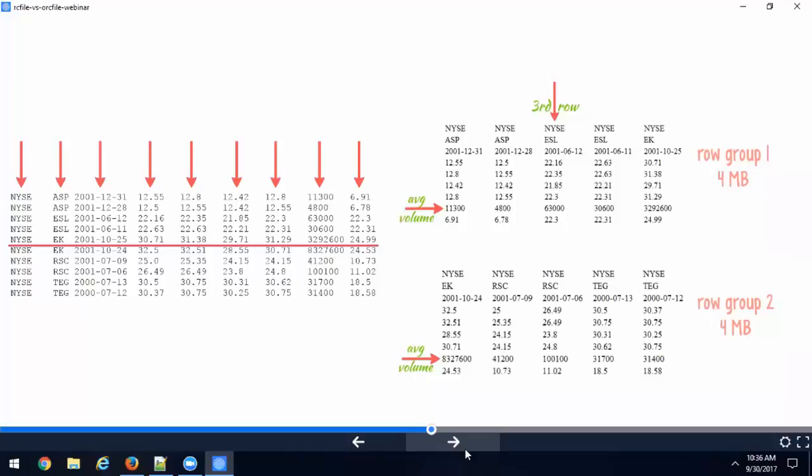So now in a columnar format, if you don't do horizontal partition first, and if you store this entire 2 terabyte file into a columnar format, the volume column can be at the very last block. The information for column volume will be at the very last block. So you have to pull the data from different nodes, from different blocks to construct one record.